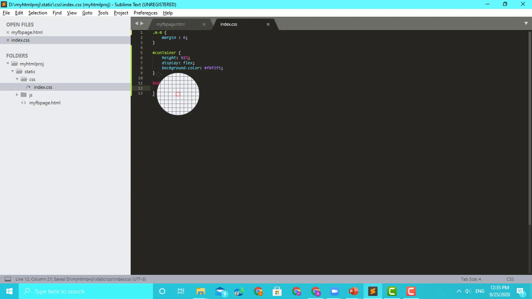Or if you want a combination also, you can use, let's say you want a div with a class dot m-0. Then you can give like this. So if there are a lot of divs with different classes, it will only apply to a div with m0.